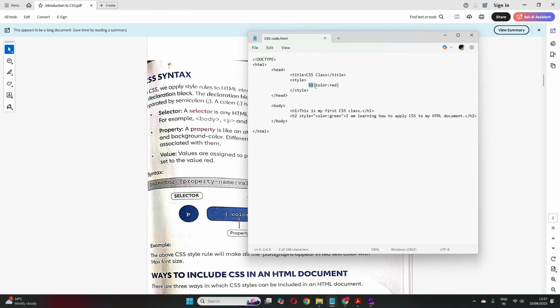So any HTML element will be my selector to which I want to apply my style, right? And this is my declaration block, which contains one or more property value pairs separated by a semicolon. So this declaration block has a property like color, and red is the value for this property. So the declaration block will have one, like here I have one, but you can have more also.